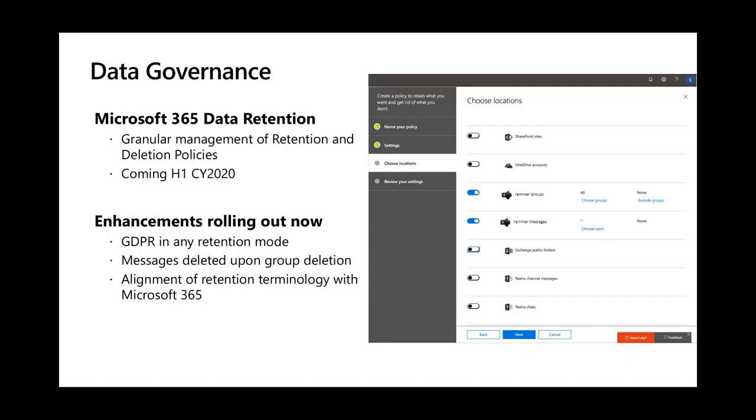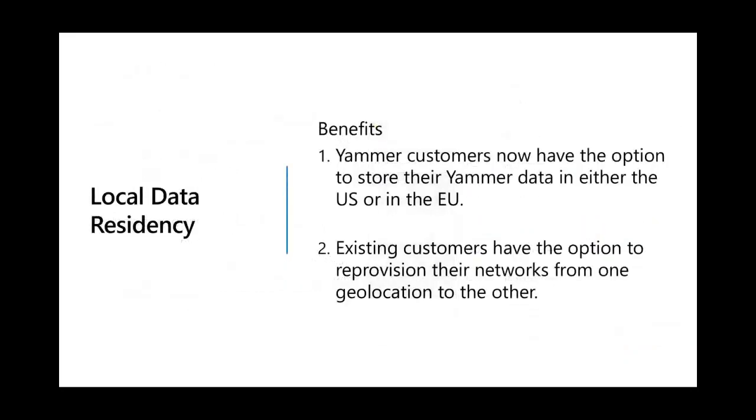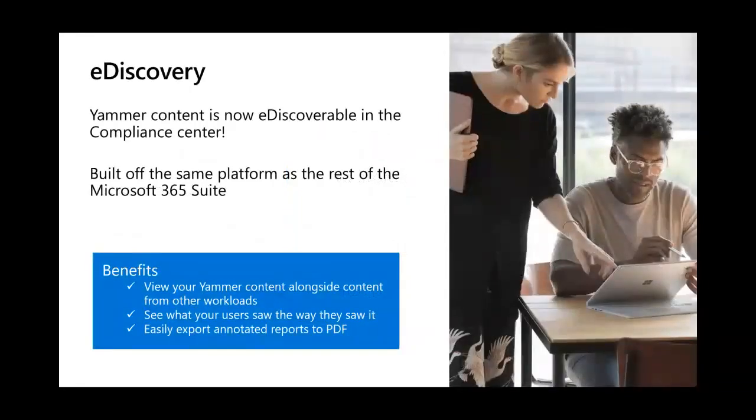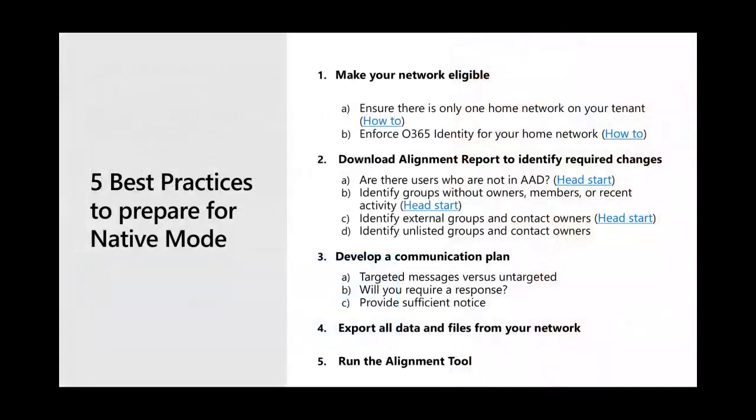Sure. So there's two key elements that happen with files related to native mode. And I'm glad you asked this question because I just realized I only covered one of them previously. The one that I covered previously is that files that are currently stored in Azure are going to be migrated to SharePoint. You're not going to lose access to any of these files. We're just going to take all of your files that have been uploaded to groups and move them from Azure over to SharePoint. Once that happens, they will start respecting SharePoint data governance policies and be available in the SharePoint library.